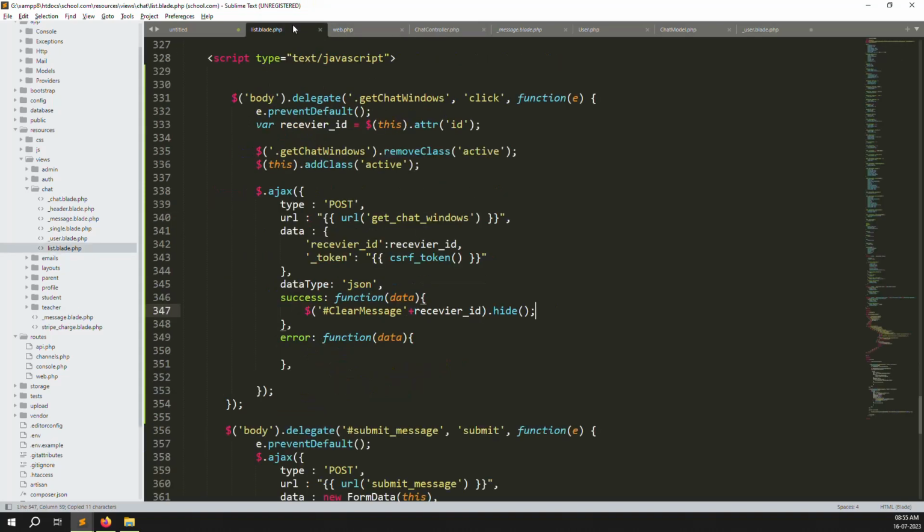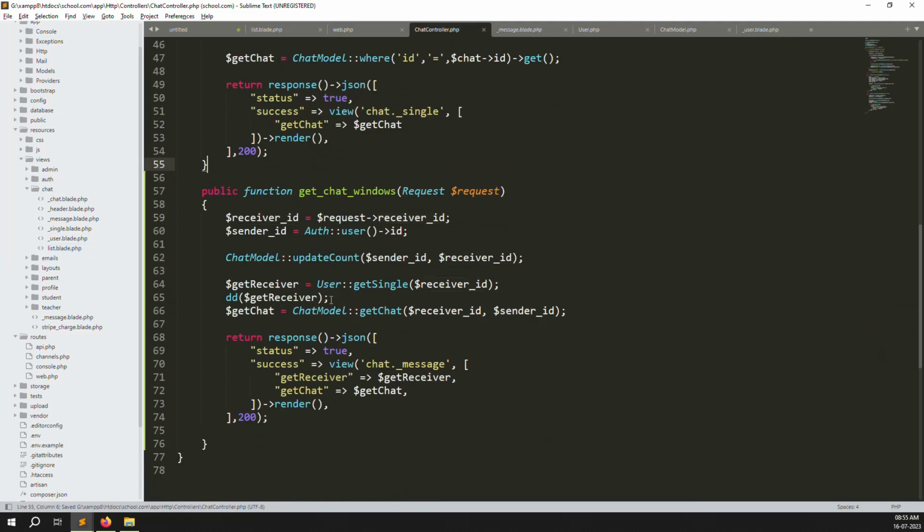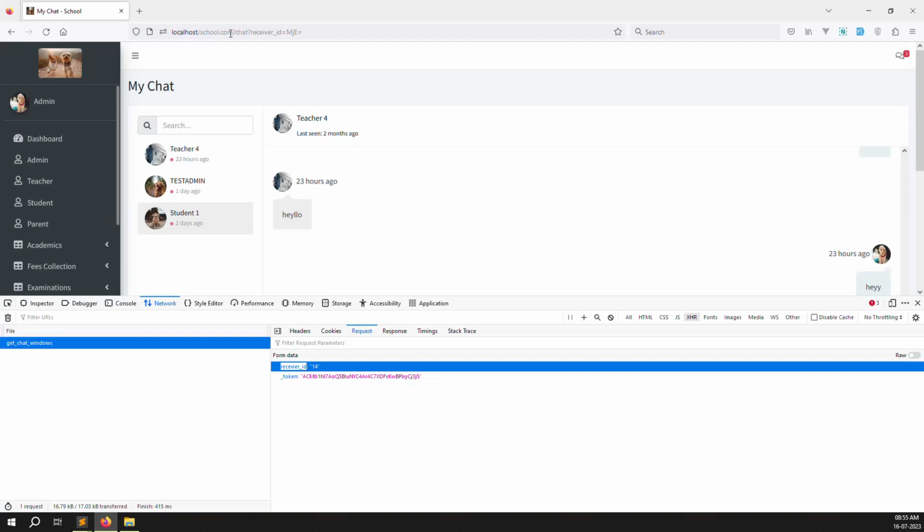So just need to go to list, and here you can change the spelling, because both spellings are different. Okay, so please change your spelling, because I have made a mistake about this spelling. Otherwise no issue. Okay, I save these files, I just go back again, refresh the page,